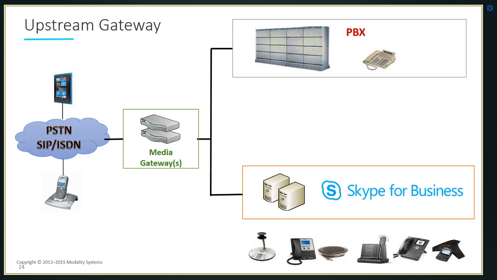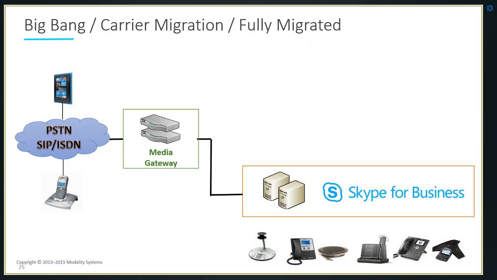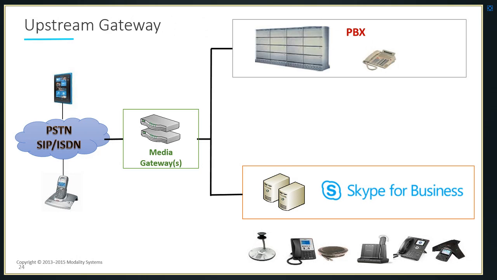So, for example, if a Skype for Business user was trying to call a legacy PBX phone, if they send the call to the media gateway, it would understand that SIP message and then bounce it onto the PBX. So it's kind of like the gatekeeper in the middle. And as I say, this is the preferred deployment angle that myself and equally Modality like to do.